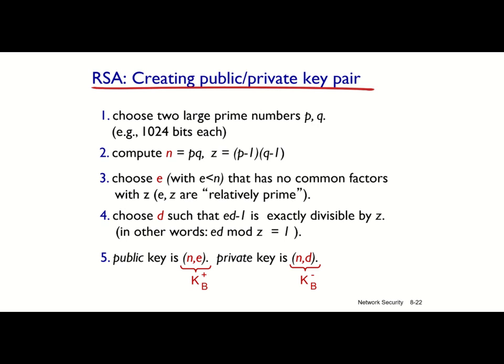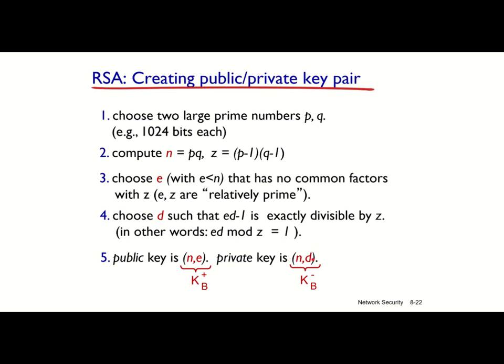And also we choose a number called e, which is less than n, but has no common factor with z, which means that e and z are relatively prime. Then we choose d in a way that e times d mod z is equal to 1. So if you divide e times d by z, the remainder would be equal to 1. If you do these four operations, then the public key would be the pair n and e, and the private key is